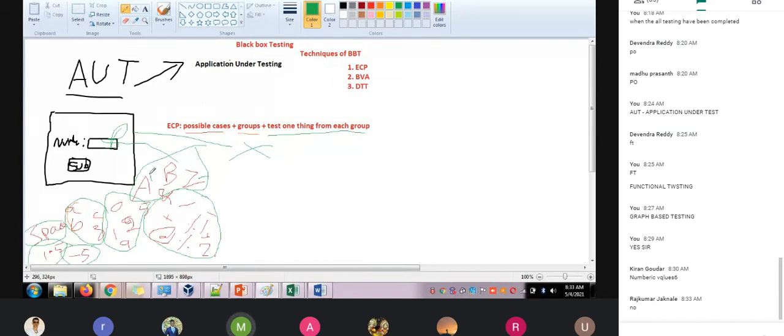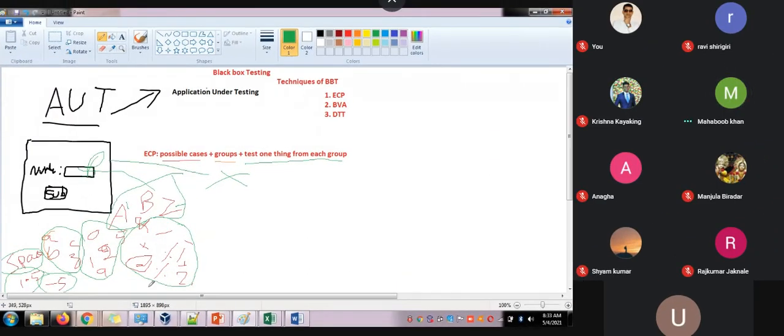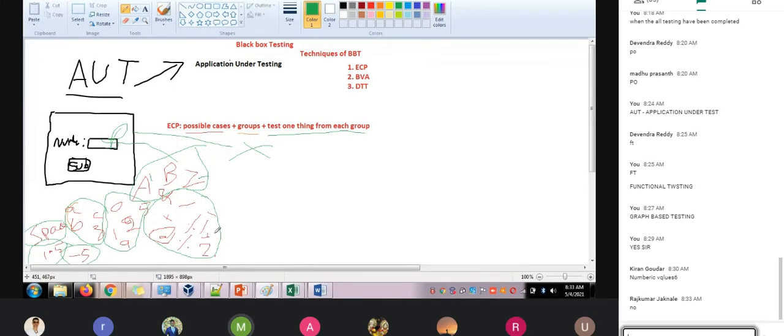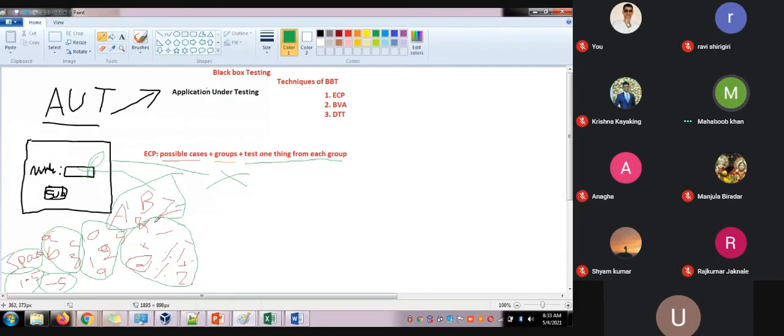So make the equivalence classes group-wise and test. In how many possible outcomes can I test this complete AUT? Among these 2, 3, 4, 5, 6, 7. Among 7 possible scenarios I can test this and say yes, this is done. I have tested everything, and these are the test cases.